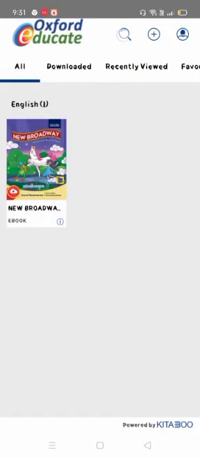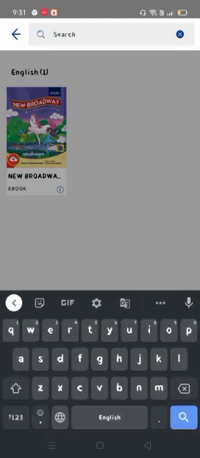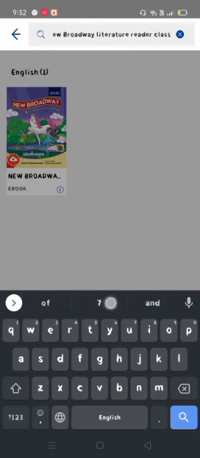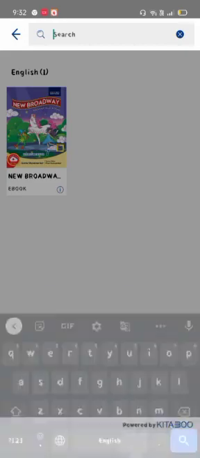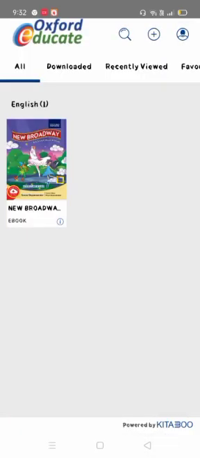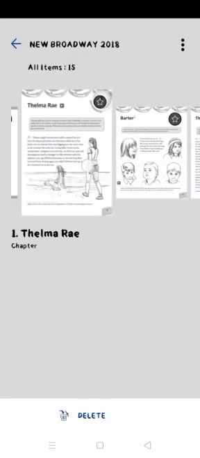Now if we want to search for something which we have downloaded, we can search also. Okay, New Broadway Literature Reader Class 7, search. So it will now come. Just a second, I'm going to explain it well. So here I have opened it.